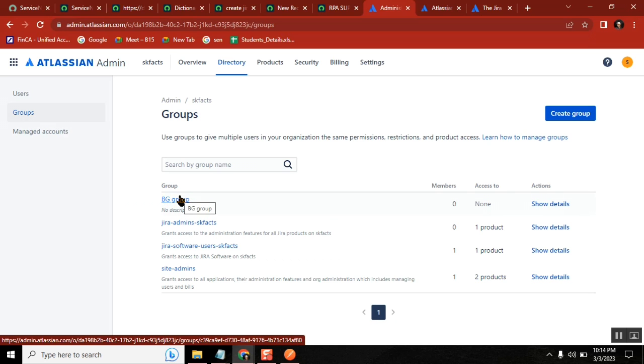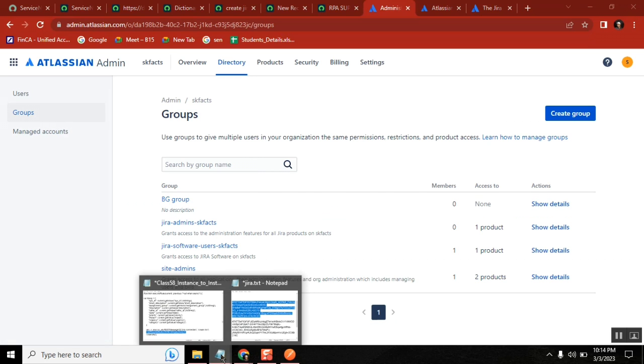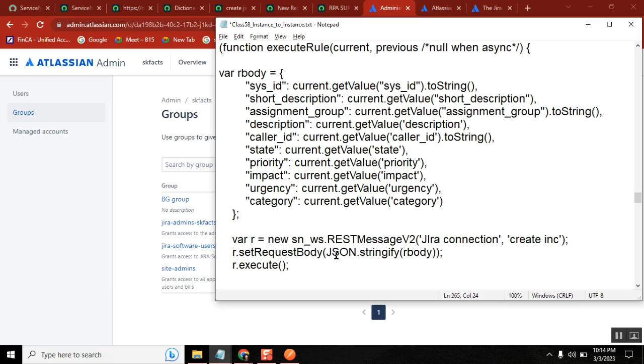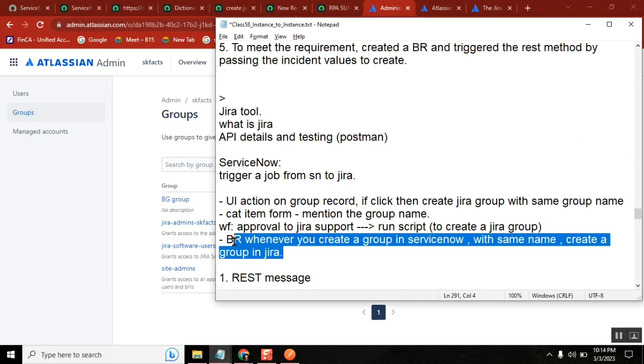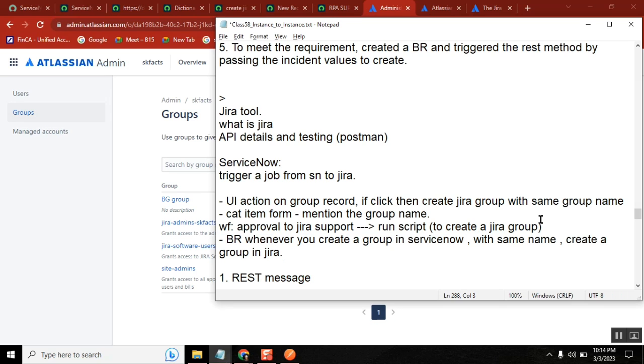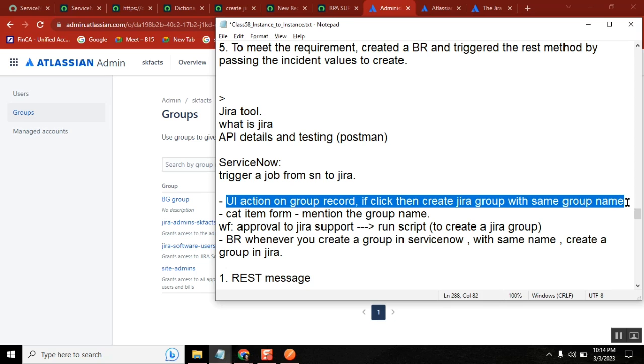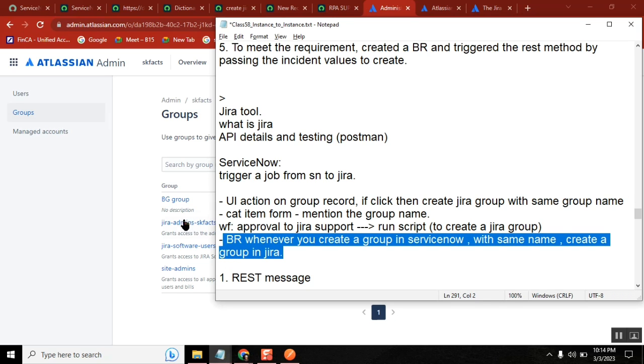So now the busy group came. Now what is our requirement? Take any one of the requirements of the three. So when I create a group in ServiceNow, the same group should be created in Jira also. Can we do that? Use BR, sir. Most of the requirements are BR only. Okay, so go to